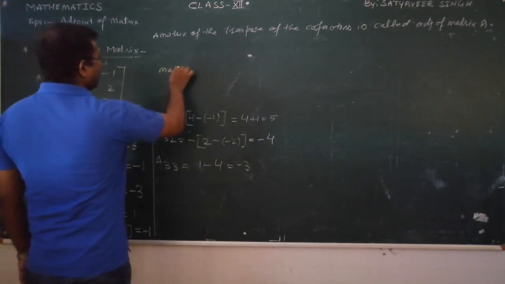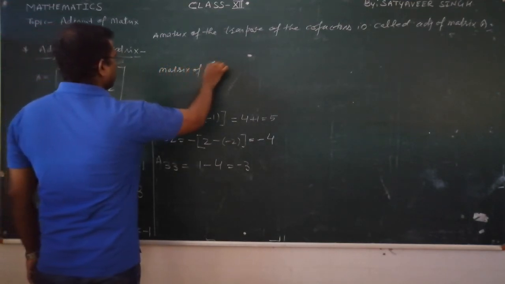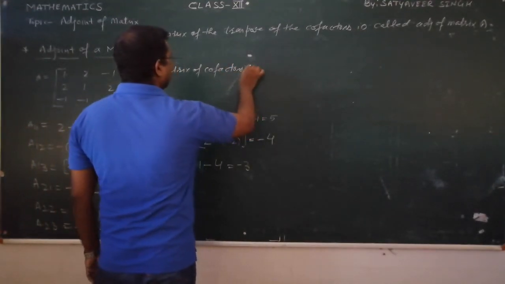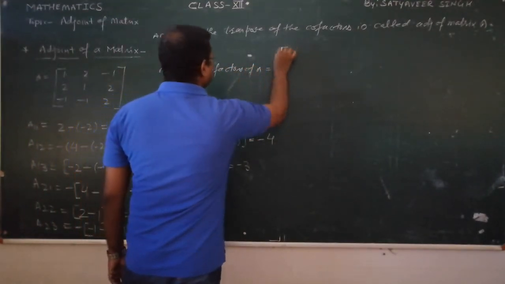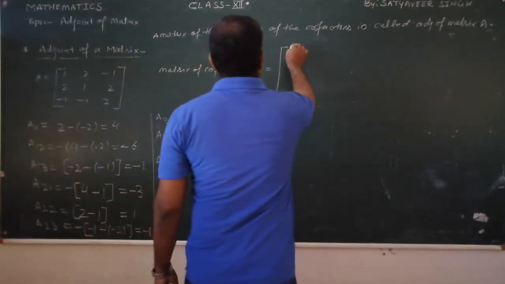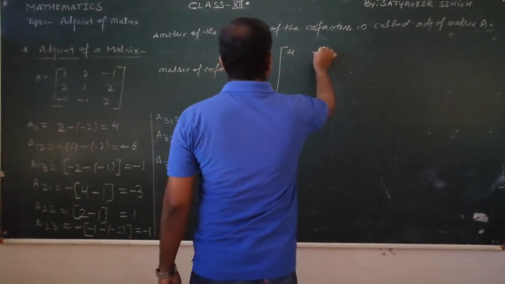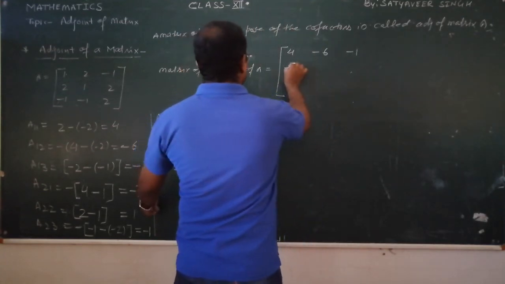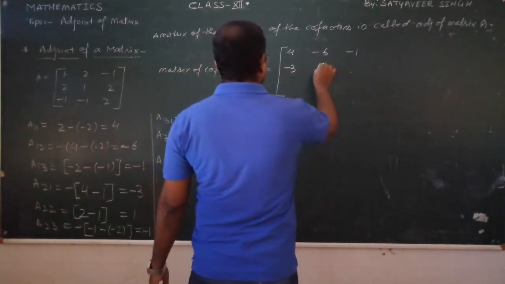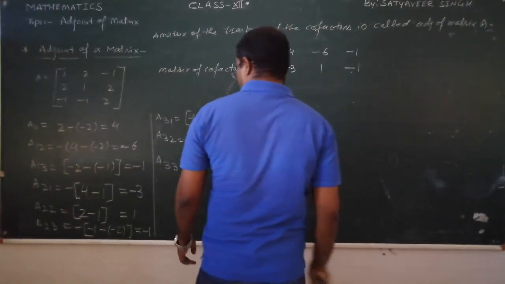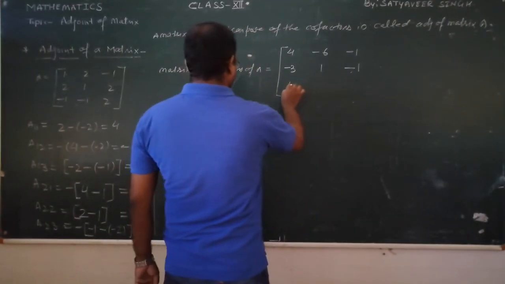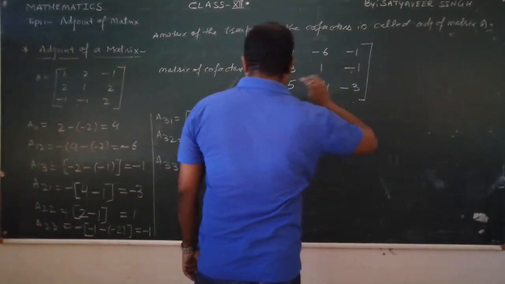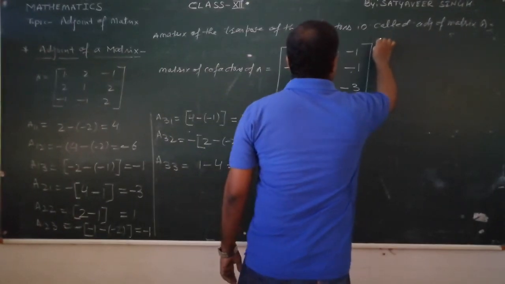So matrix of cofactors we can write. Cofactors of A we can write. These are like 4, minus 6, minus 1 and minus 3, 1 and minus 1. Then it is 5, minus 4, minus 3. If you will find the transpose of this,